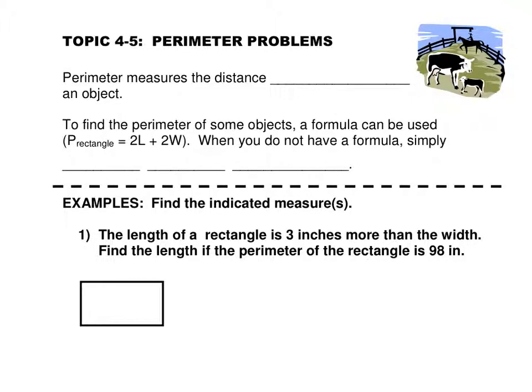All right, today's lesson is 4-5 and it's perimeter problems. So get out your notebook, you're going to take some notes and we'll do some examples. All right, first you want to write the title down and then you want to write down